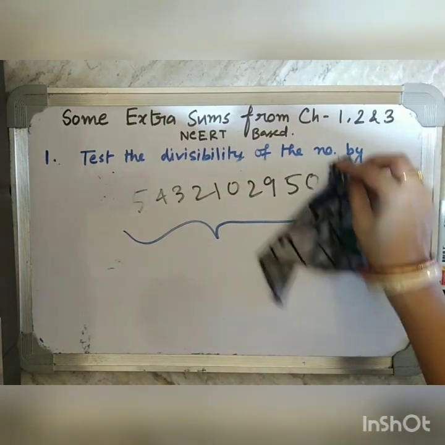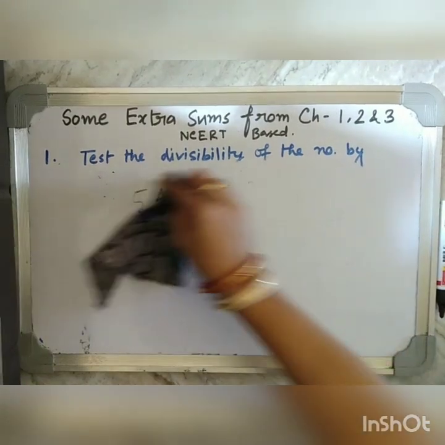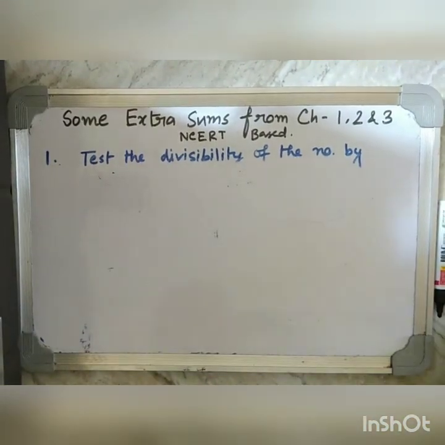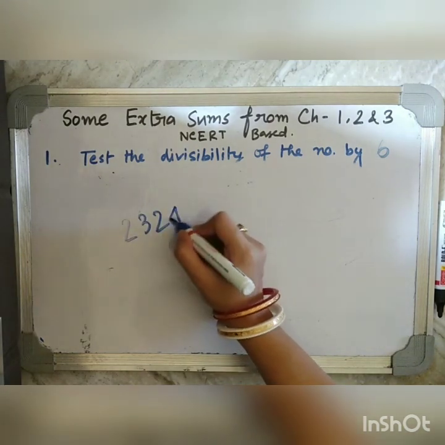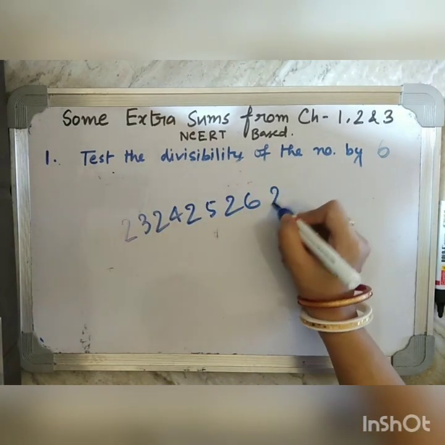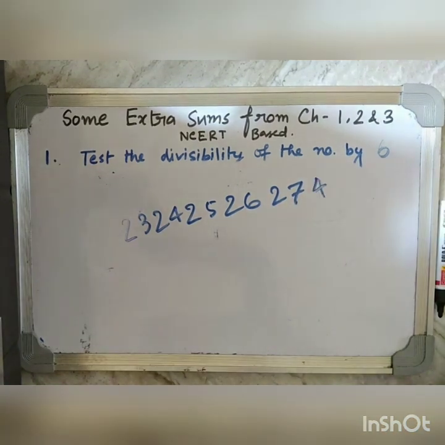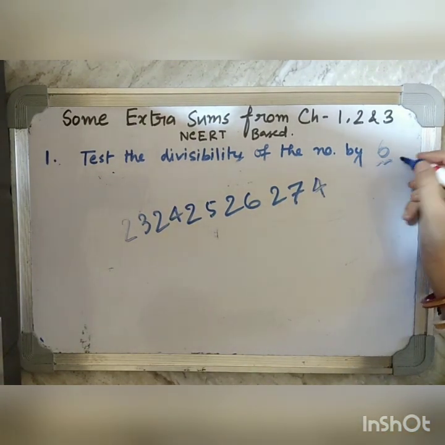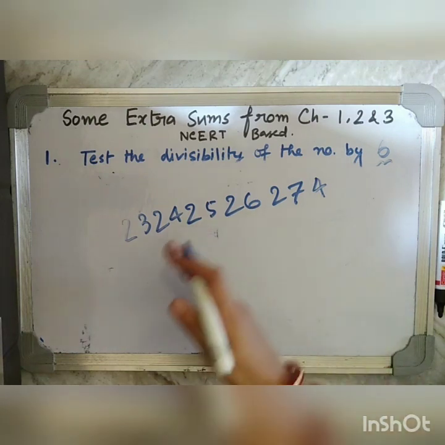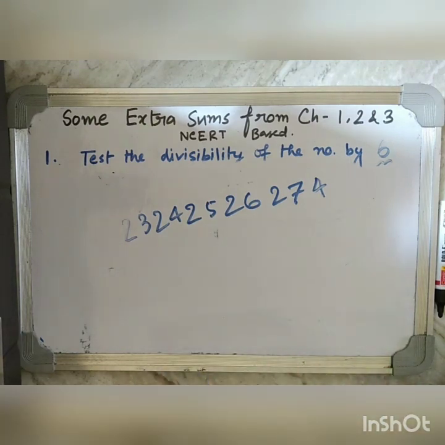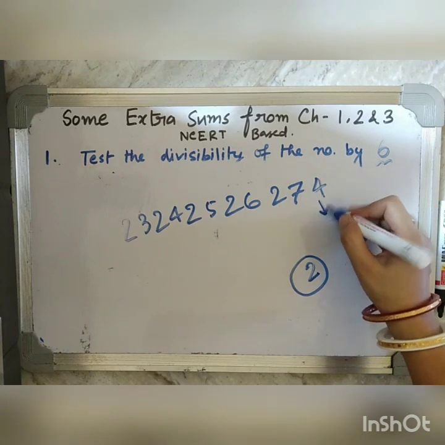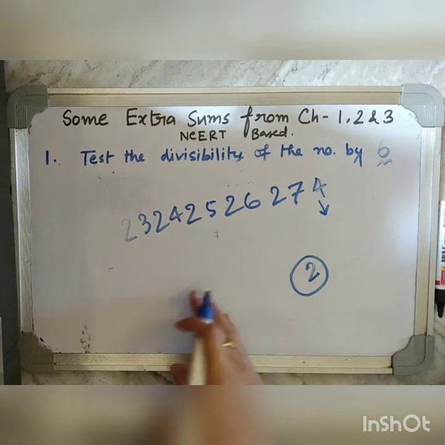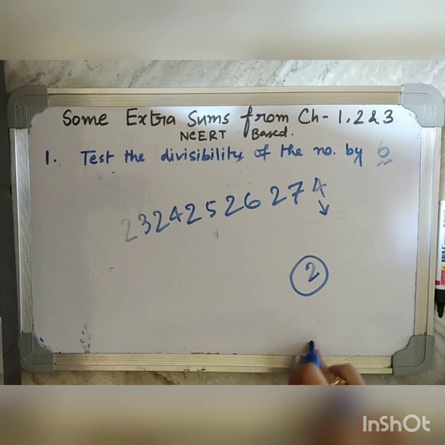Now we will check the divisibility by 6. Now, for the rule of divisibility by 6, we have to recapitulate. Okay. What do we have to recapitulate? First, we will understand what is the divisibility rule by 2, which we already know, that the unit place will be contained by an even digit. If it is there, then we can say the number will be divisible by 2.